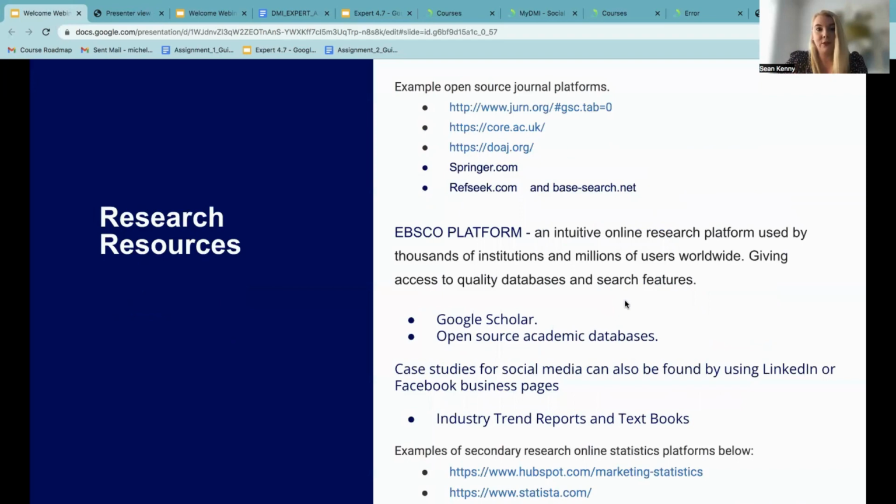Some research resources that you can use, there's a huge amount of them. Someone who's done academic work before will be very familiar with where to go. We don't expect you to pay for any resources. You mainly use free resources. There are lots of them. So some journal platforms here, you can link to these through the slides. These are all free. And then also as a member of DMI, you get access to the EBSCO platform, which is a new